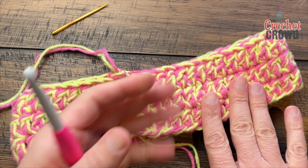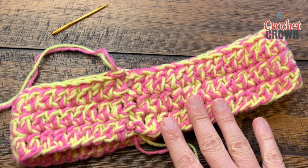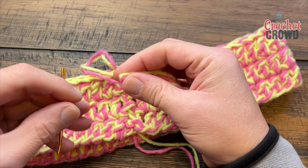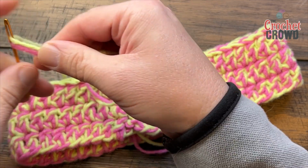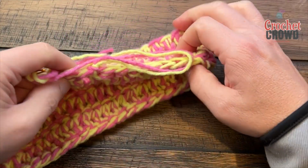So the side you're looking at is called the right side. It's the side that people will see when they're looking at you. So I want you to put this through a tapestry needle. Any loose ends that you have, you will do the same thing. So I'll show you one time. So put them both through the tapestry needle. Okay. And I want you to turn it so that it's easier for you to see,